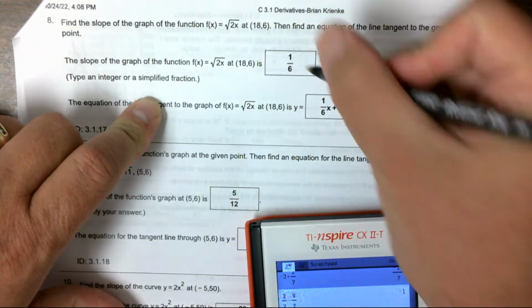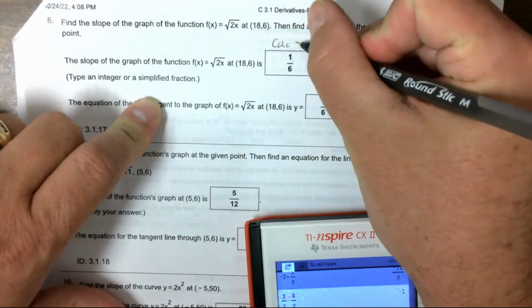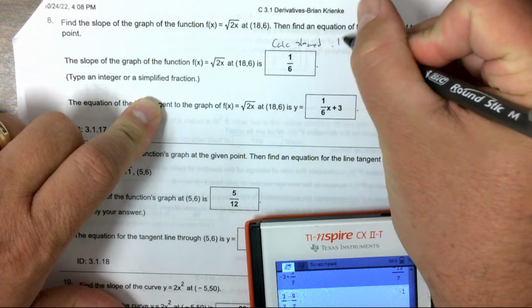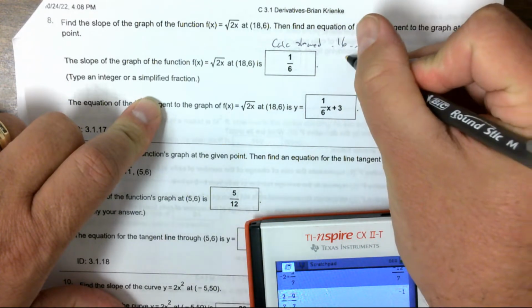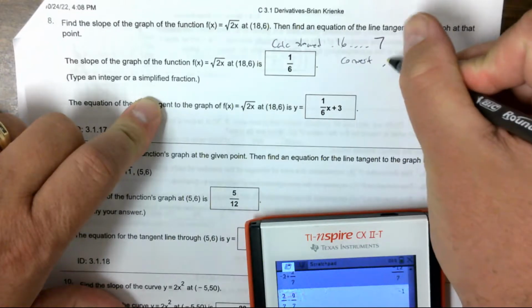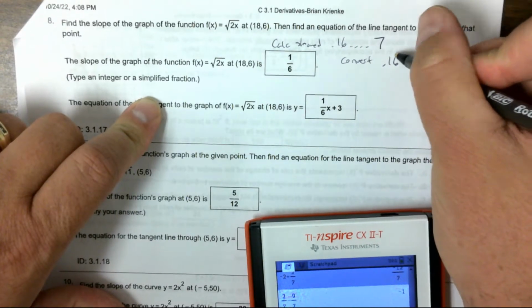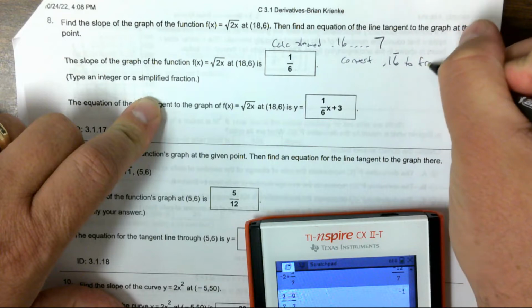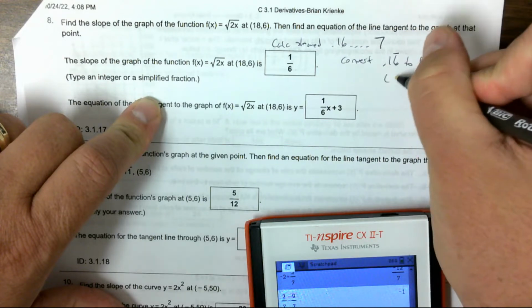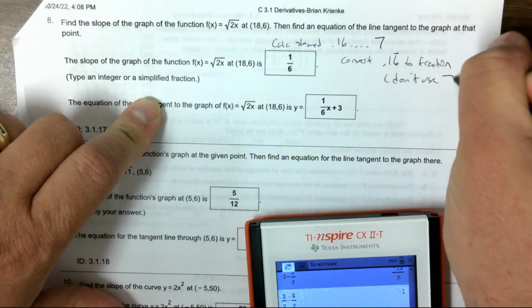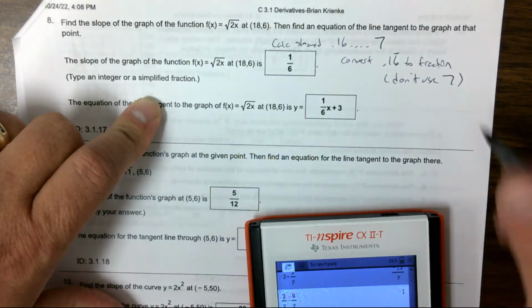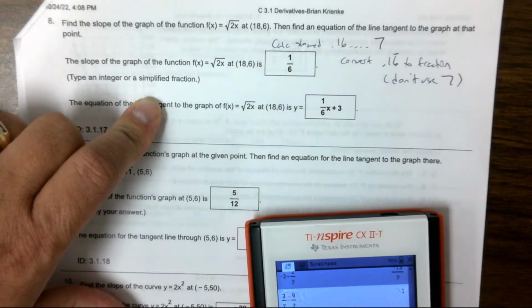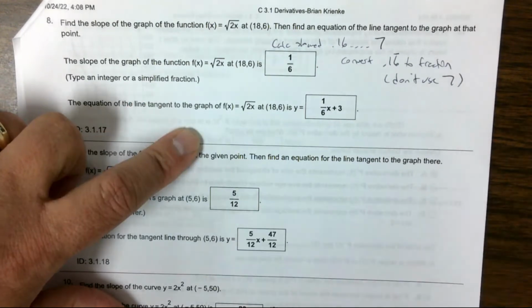Okay, so the calculator showed 0.16, a bunch of 6s and then a 7, but convert 0.16 repeat to the fraction. Don't use 7, which was the rounded number. Okay, so now we have m equals 1/6,